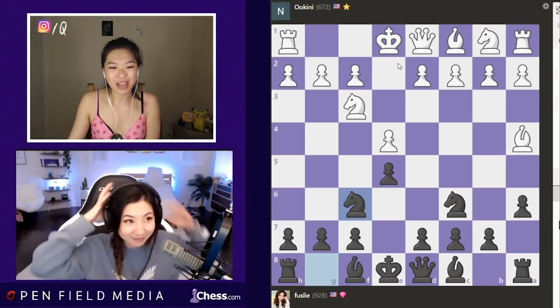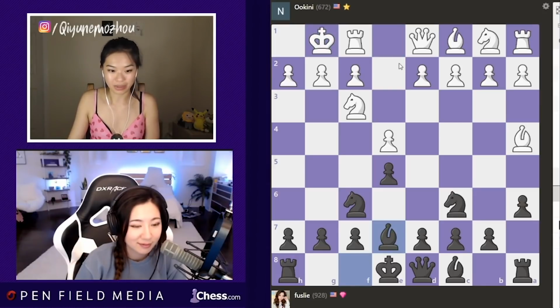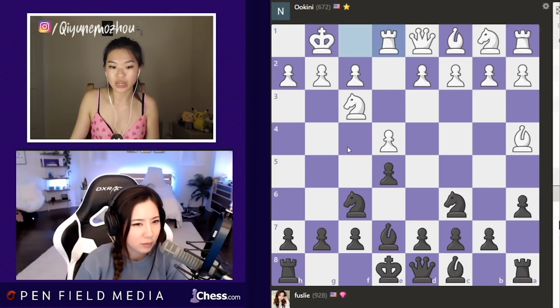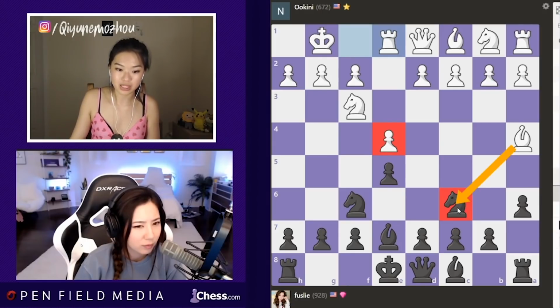So after knight f6, your opponent usually castles. Then you play bishop e7, just developing as well. Now your opponent plays rook e1 to protect his pawn on e4. And now what you play here is b5. You play b5 because now that his e4 pawn is protected, if you play bishop takes c6...